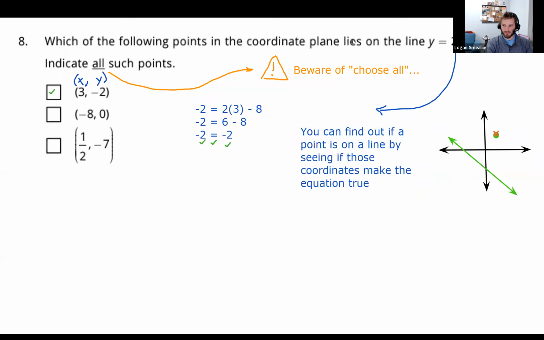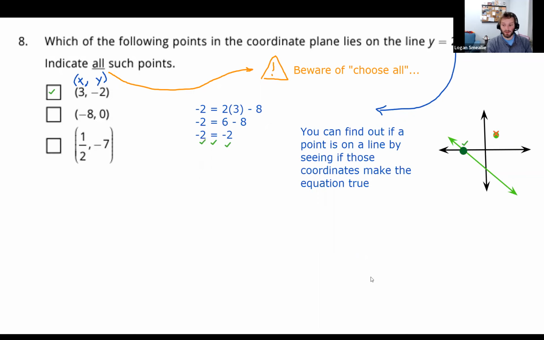If we submit this point, if we submit that point there, it's going to try the equation and it's going to tell us something true, like -2 equals -2. And that's what we want.